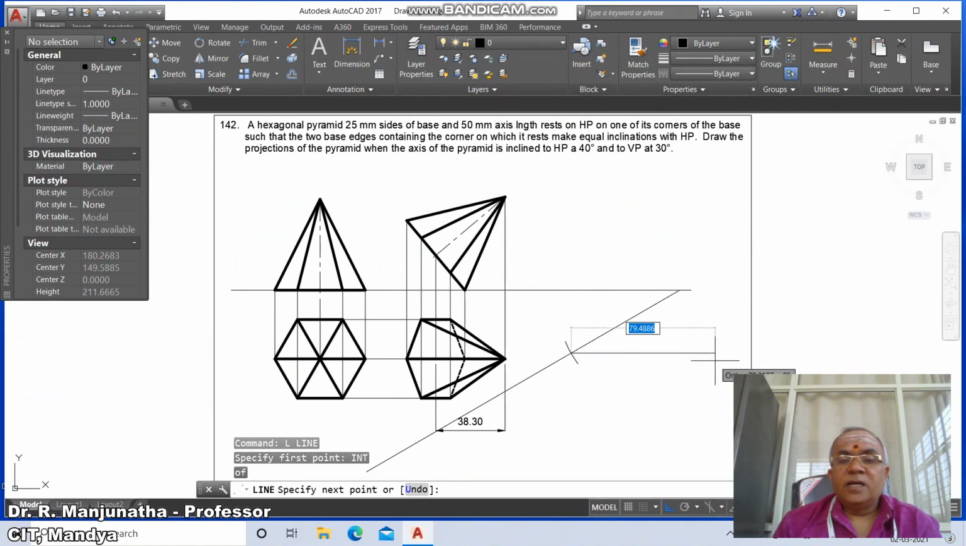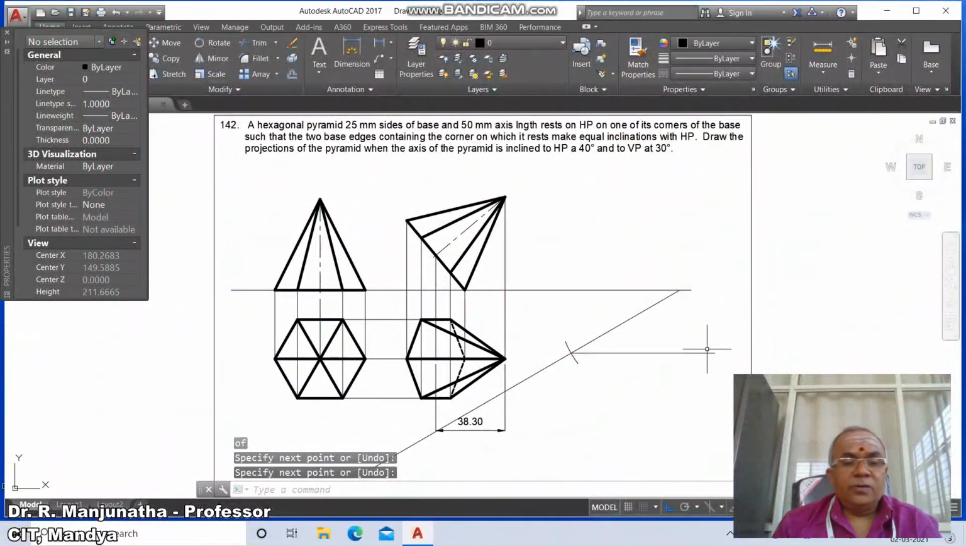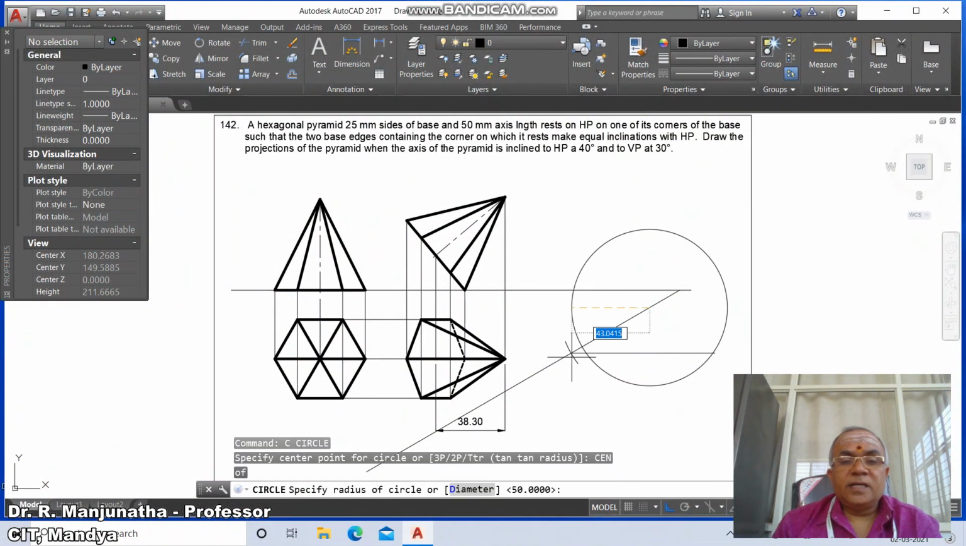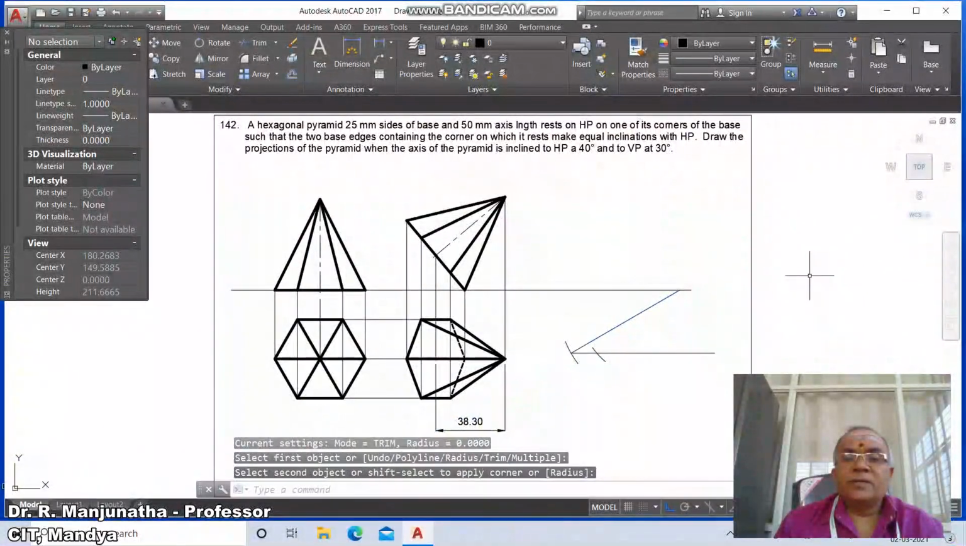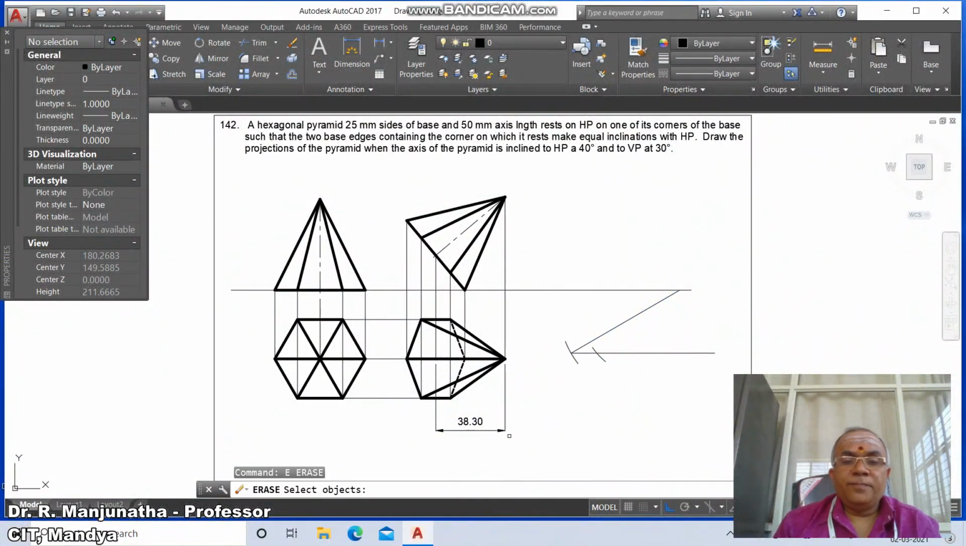point of this and draw a horizontal line. Again go to circle, take the center point of this and take the radius as 38.30. Then go to break, select this and break it on this and break it on this. Then go to erase, then go to fillet between these two, then go to copy,